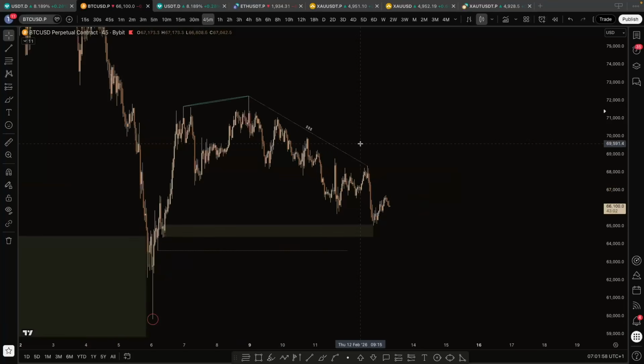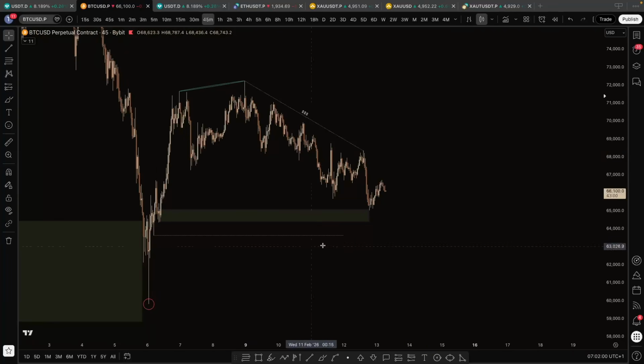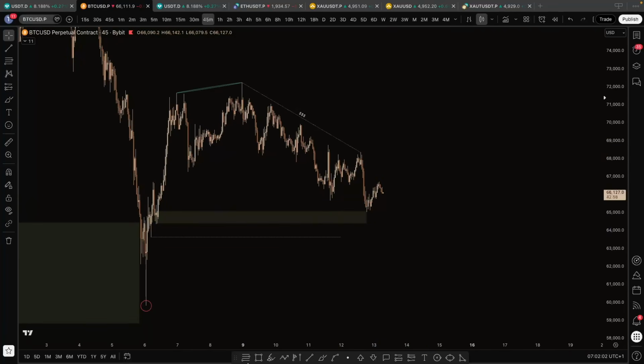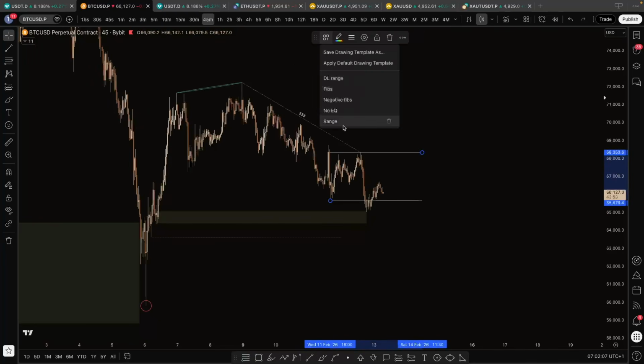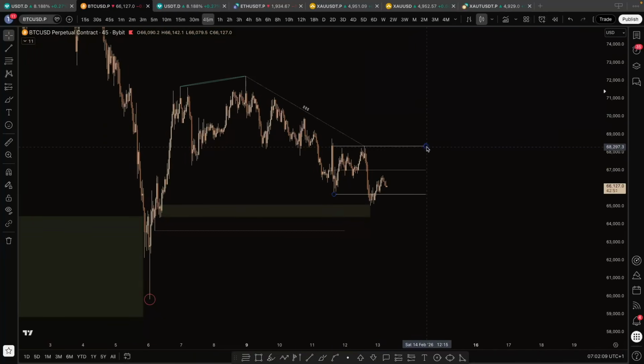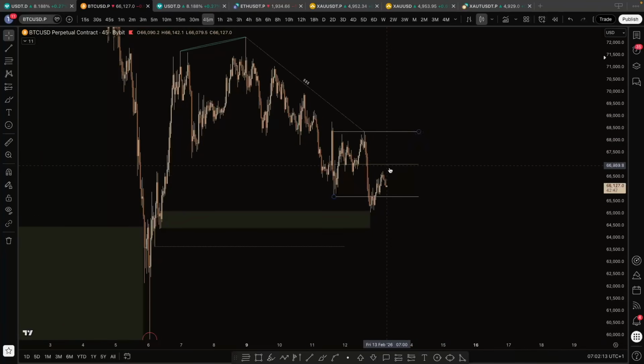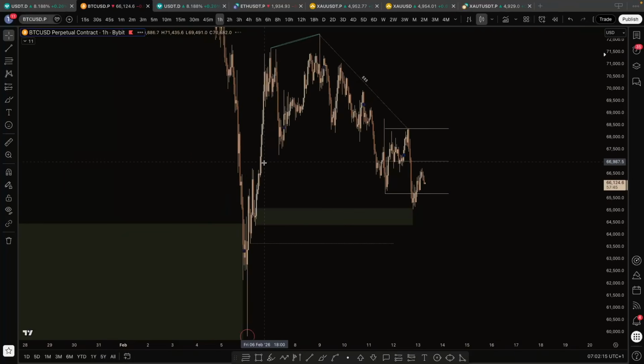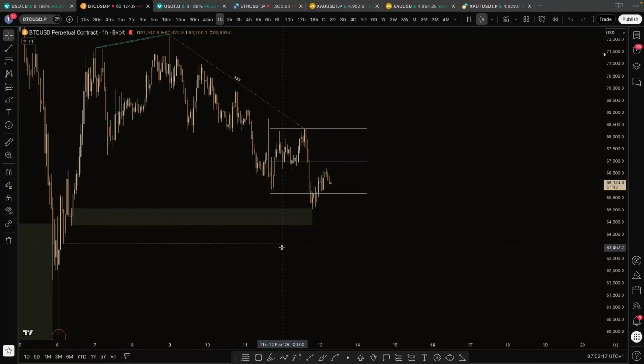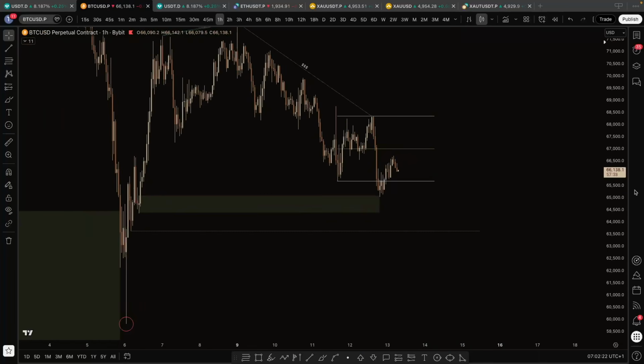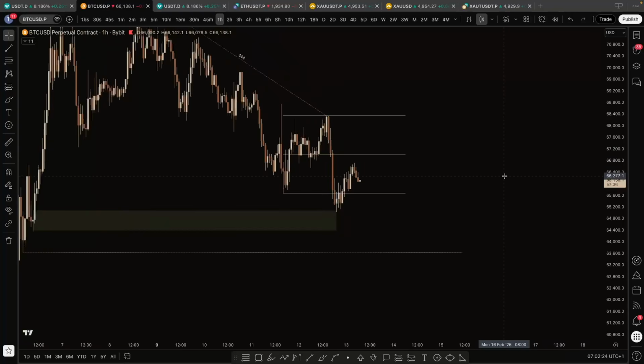So let's go to Bitcoin again and let's see if we can create a range based on that USDT range, and that will be this. So I wouldn't even have drawn this range if I haven't seen USDT. So this does look way less good. We did have a move up after mitigating that demand.